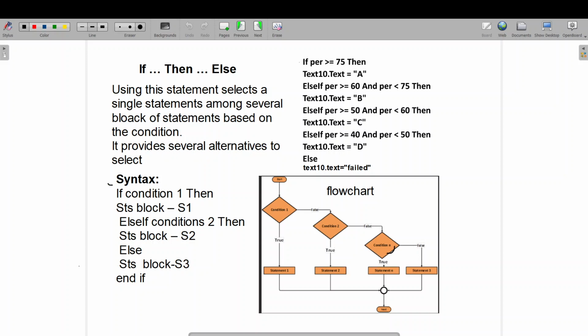So we'll see the syntax. If condition 1, then statement block 1 gets executed. Suppose this fails, it will go to condition 2, check it and execute this. If this also fails, it will keep checking, however many conditions I have specified. If every condition fails, I'll go for the default statement, print the last condition and end my execution. So assume an example.